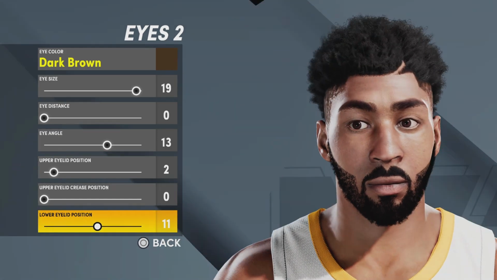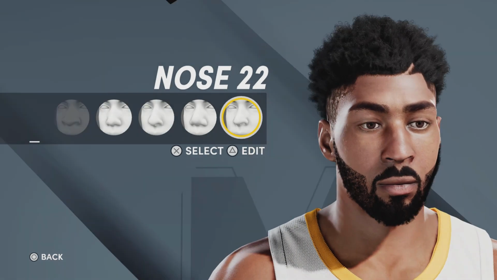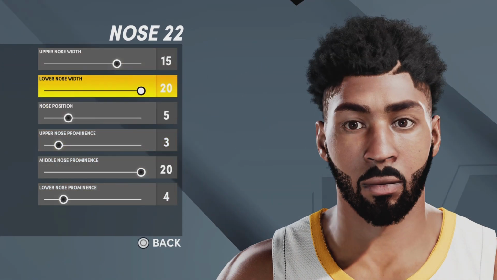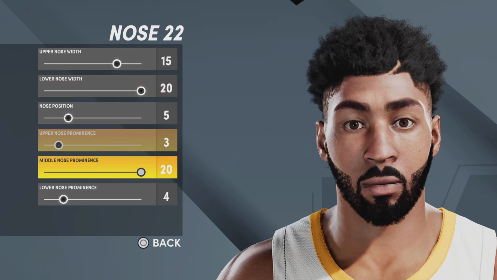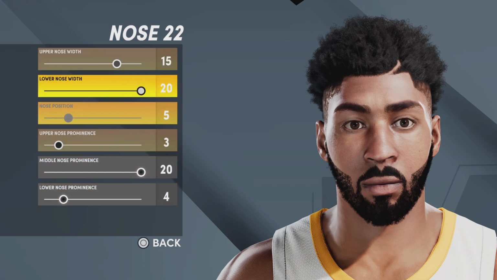eyelid position is 11. Now moving forward with the nose, we're going with nose number 22, upper nose width 15, lower nose width 20, nose position 5, upper nose prominence 3, middle nose prominence 20, and lower nose prominence 4. I'm going to give a couple of seconds for you guys to copy this down, because this is a